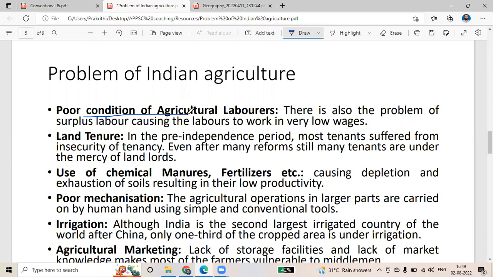Another thing is they will take loan from the local लोगों से. They will take loans. तो क्या होगा, वापस देने के लिए उन लोगों के हाथ में पैसा नहीं है. So the land will go to the particular person, or otherwise they will have big loss. All these cause farmers to commit suicide.